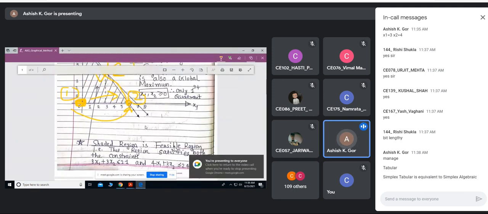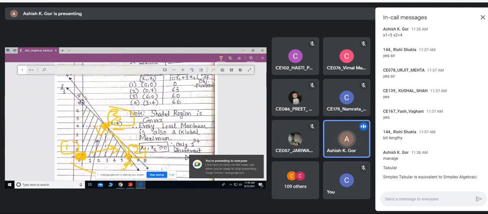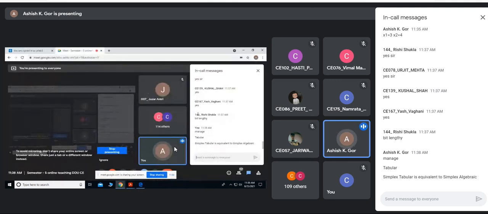But one point I want you to notice: I have never checked every corner point. It's not brute force, seeing everything in the corners and then finding the best, but rather doing a few iterations and then finding the best. It is much more effective than brute force. When the linear programs get larger, this method is going to be more effective and efficient compared to the brute force method. Am I saying correct or not? Rishi, Yash, Kushal?